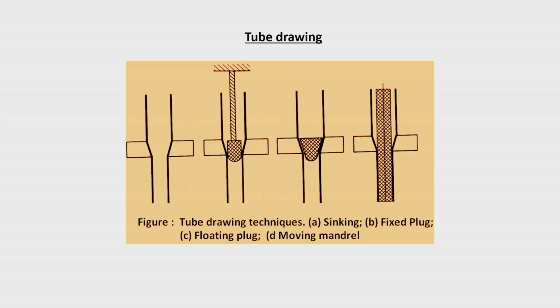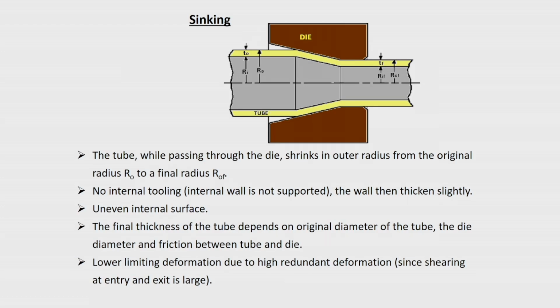In this, the first is the sinking operation. We will look at them one by one. This is in a horizontal case, what was shown earlier in a vertical case. This is a simple thing. You have a die here, a converging die, and the tube comes out. Initially your diameter is very large. One important thing in all these cases is that you have to have a hollow material as the input material. Your starting material should be hollow. That you may have to do by some other technique. You have a hollow tube itself, and when it is drawn through this converging die, you will find the change.